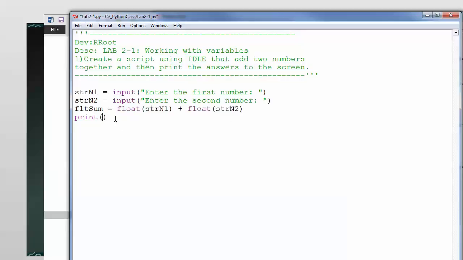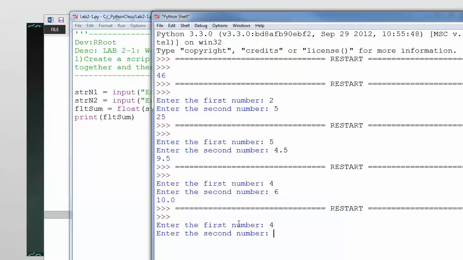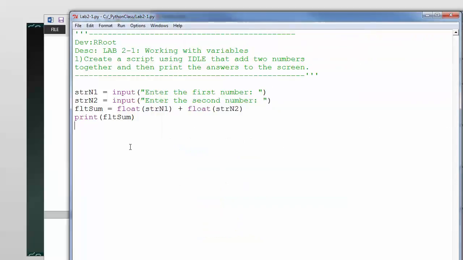And now I'd have just print out the floating point value of sum. And it works the same way, it's just another way of doing it. Any of those are certainly acceptable,